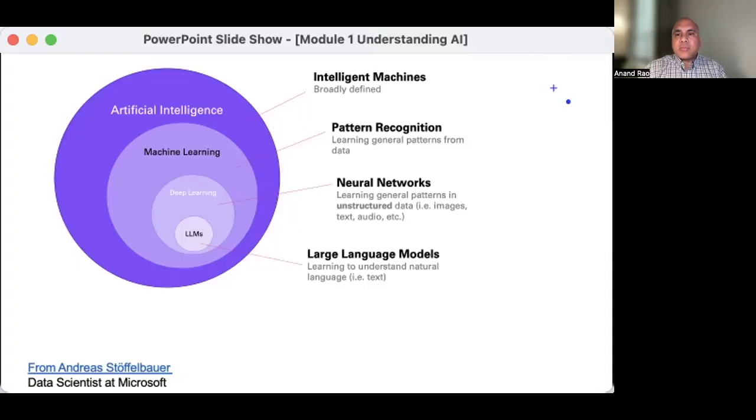These are computing systems that are inspired by how our brains work. They're designed to process unstructured data, and this includes images, text, and audio. What makes them really powerful is their ability to find patterns in messy real-world data. This really gets beyond what you would typically think of humans being able to do, and gets into a more advanced level of technology. And then really at the center, we have the more recent development, and that's large language